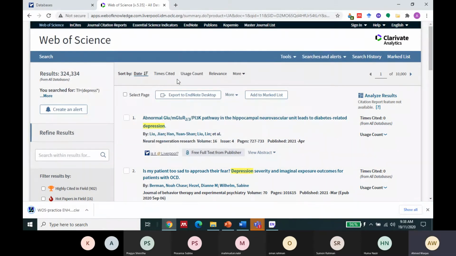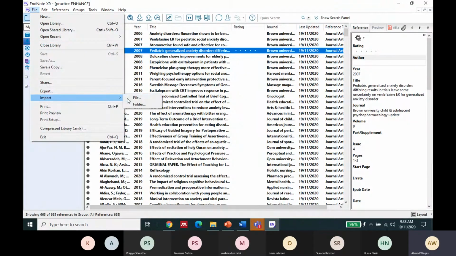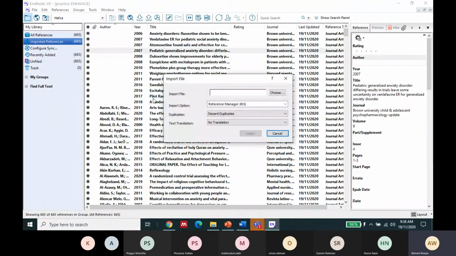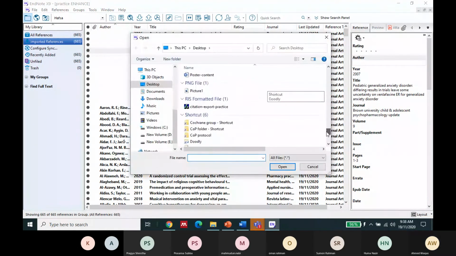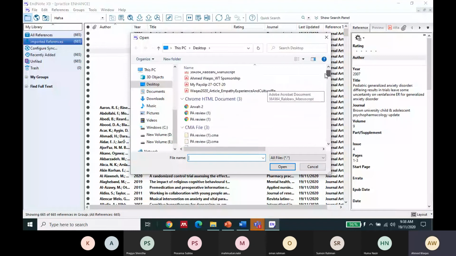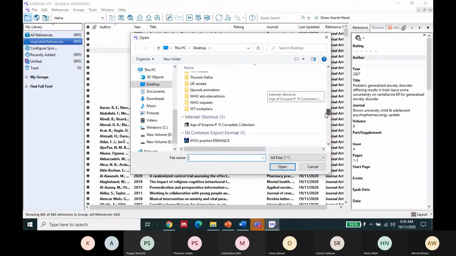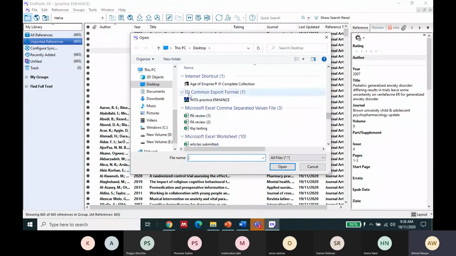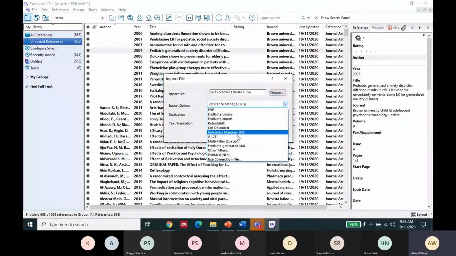So we only downloaded 500 results from here, and I'm just showing it to you for practice. File, import, file, choose. So it comes like common export format. Click on it, import option,